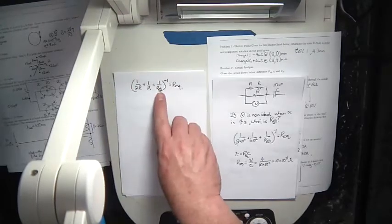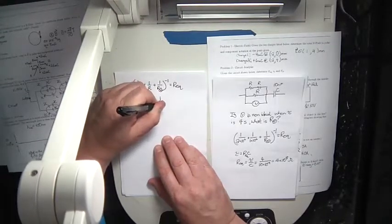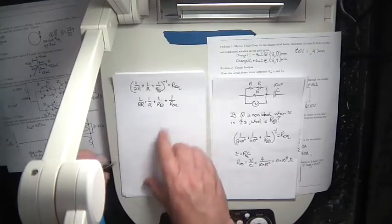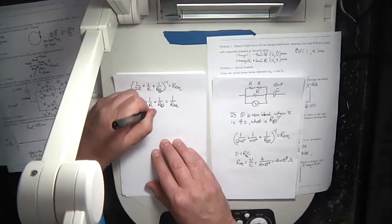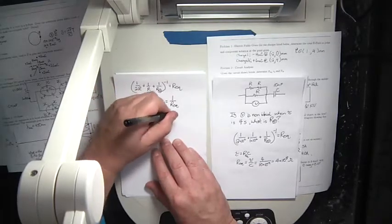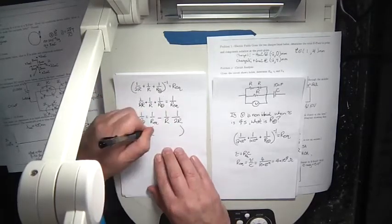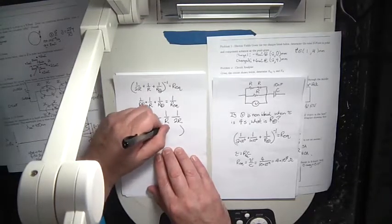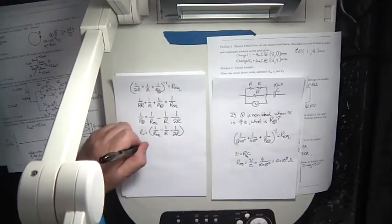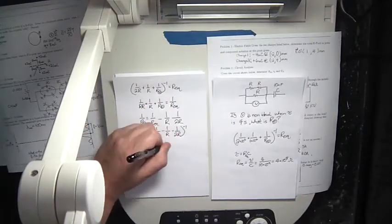I need to solve for the resistance of the voltmeter. So 1 over 2R plus 1 over R plus 1 over R voltmeter is equal to 1 over REQ. I'm going to move these two over. 1 over R voltmeter, 1 over REQ minus 1 over R minus 1 over 2R. I just changed the order of this. It doesn't really matter. So RV is this. 1 over 4 times 10 to the negative 8 minus 1 over,